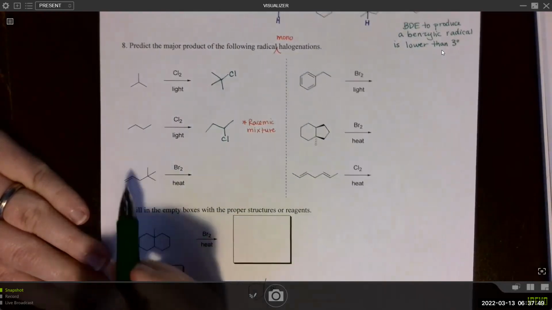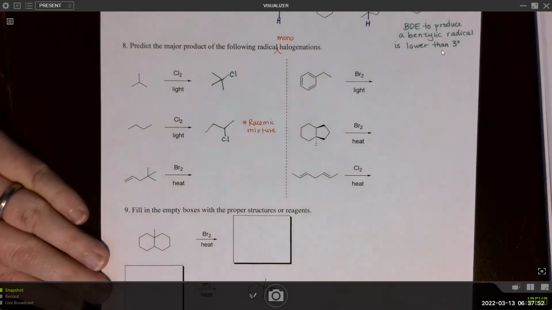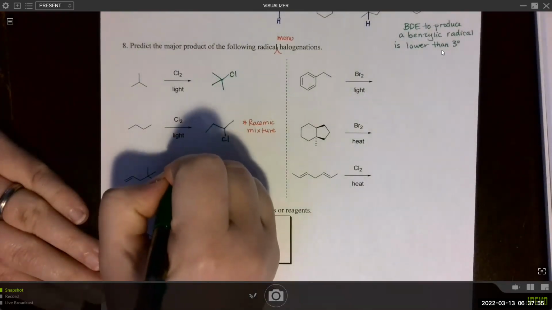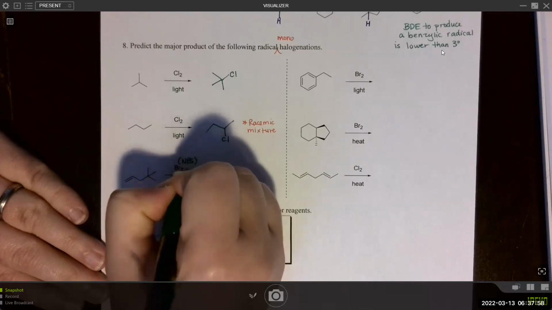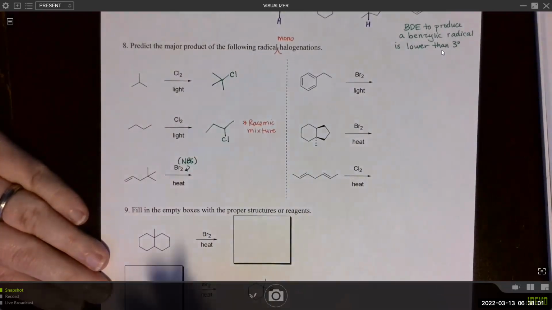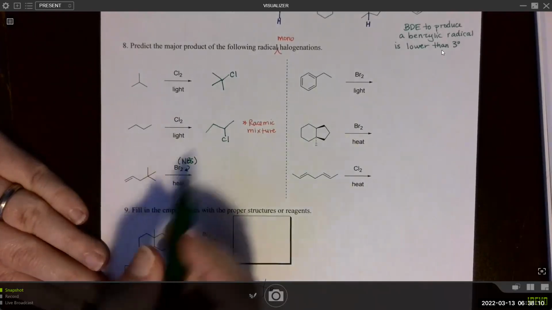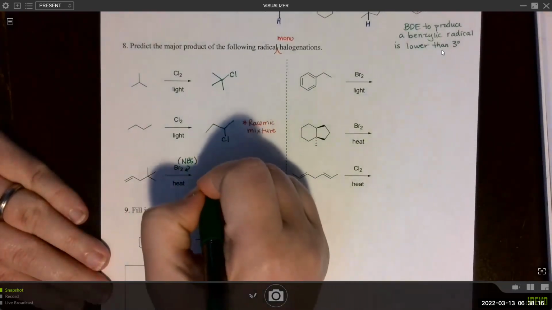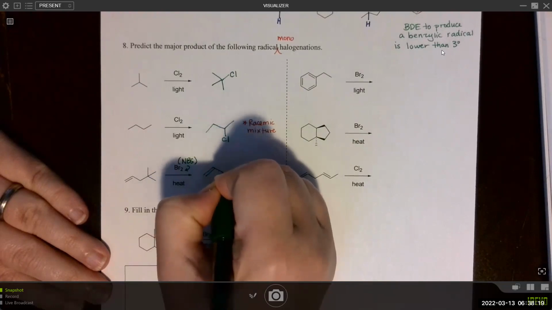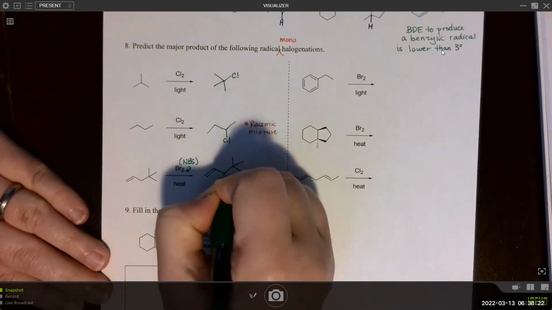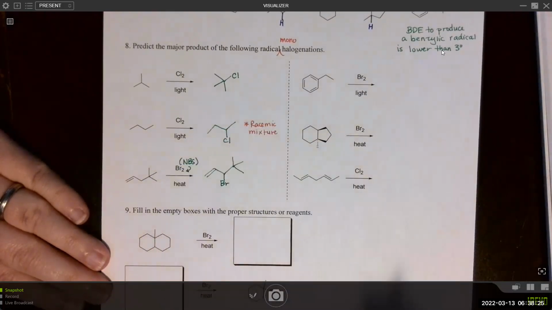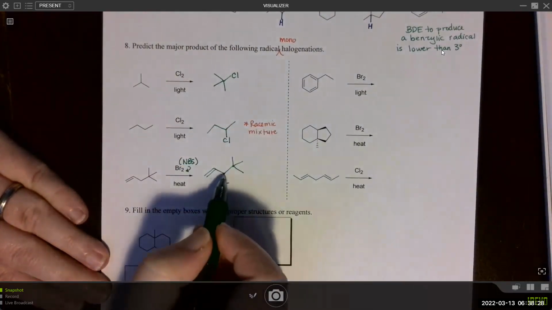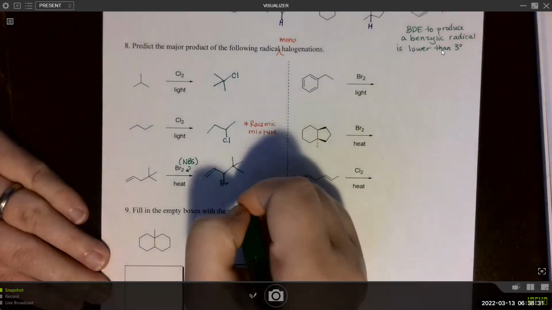Okay, so here, the allylic position would be the most reactive. By the way, typically NBS might be used instead of bromine here, because bromine again can react with the alkene. But even if it's bromine, you can still tell they're clearly wanting us to do a radical halogenation and not any other reaction. So we can go ahead and do that reaction. So again, the bromine will end up here, but remember that with radical intermediates that are resonance stabilized, there'll be two products.